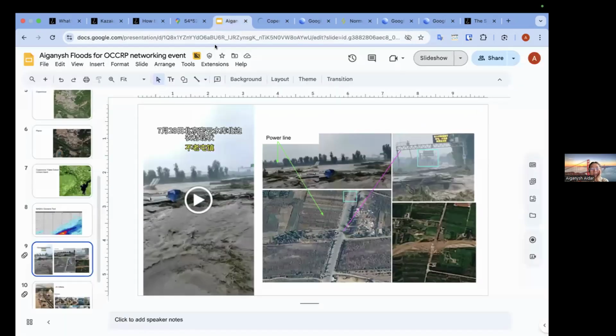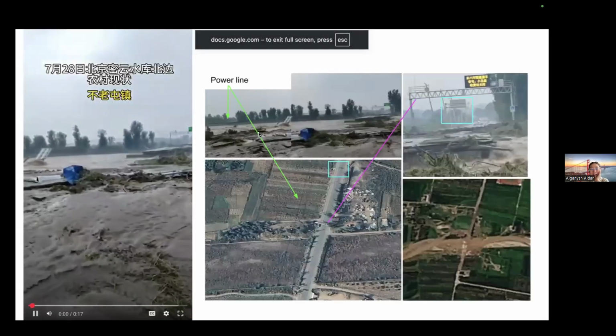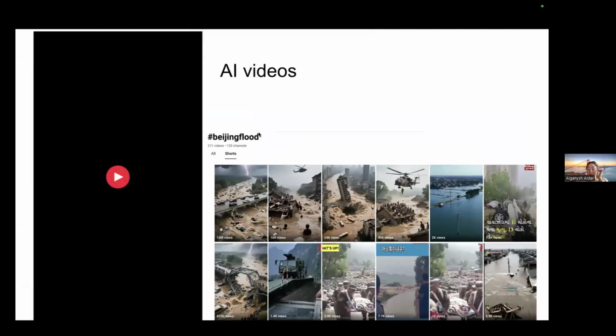So one thing we noticed is that starting this year, AI videos of natural disasters are really booming. They are going viral. Previously, I would usually say no, AI hasn't really impacted my job. When there's an event happening, only old fakes would resurface. But this year, starting in July, I could see that it has become so easy to create these AI videos that they're being posted like a ton on